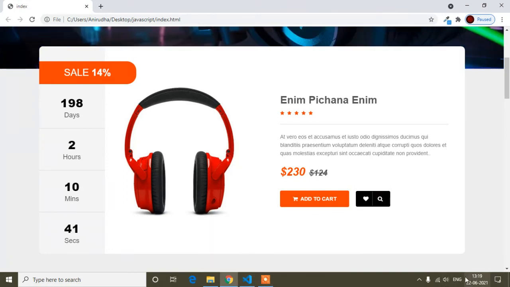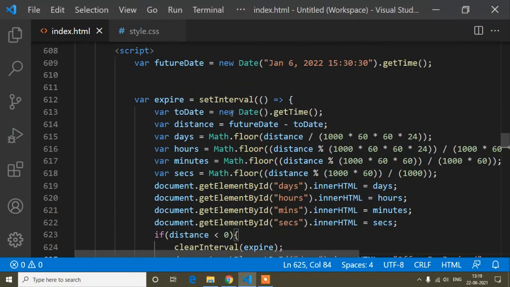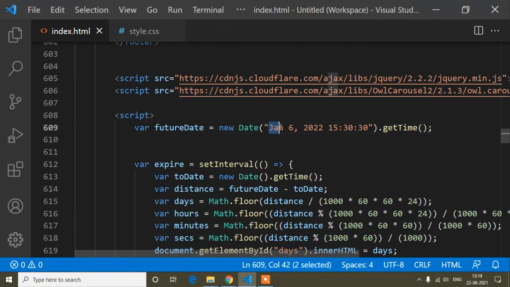So guys, you can see today the time now is 13:19 and the date is 22/6. If I change to a future date, it's June.